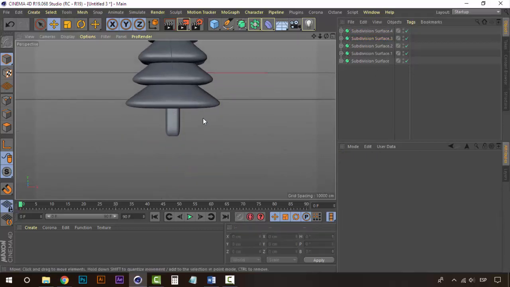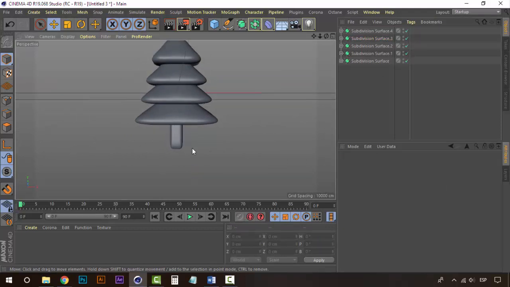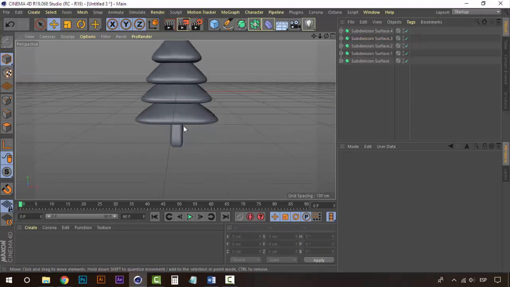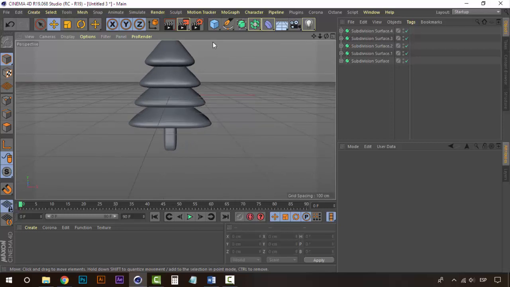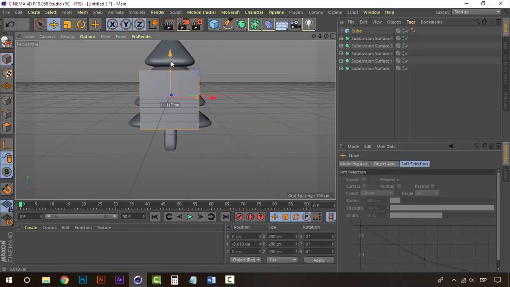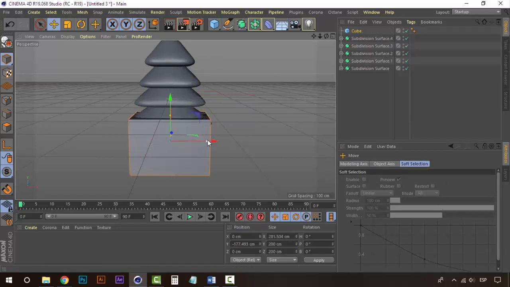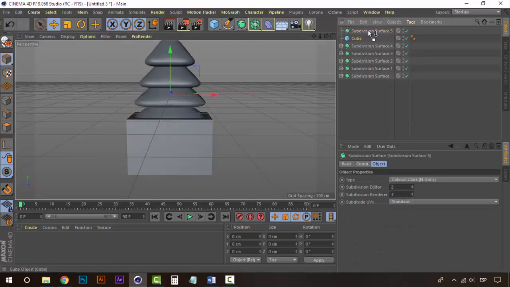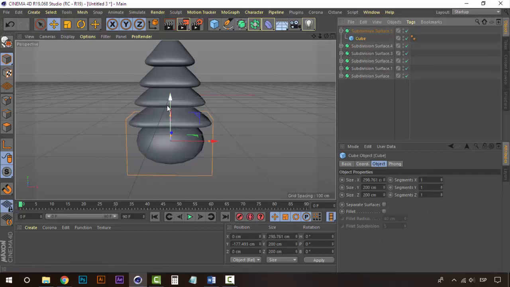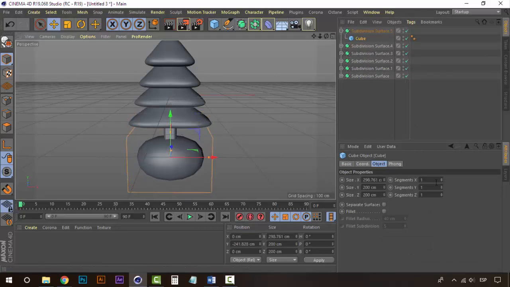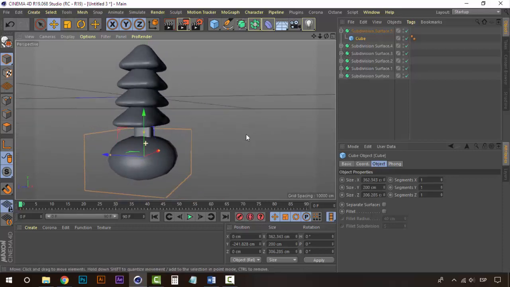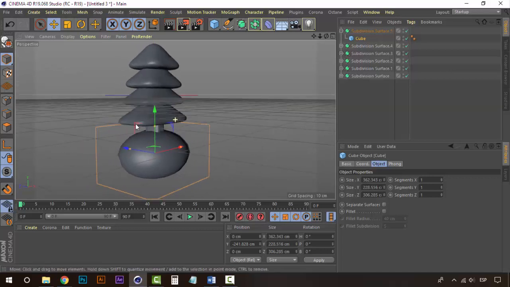And finally, we're going to create the ground where the snow for the tree. And for that, I'm going to create another cube. Let's make it around this size, around the size of the last part of the tree. And take your subdivision surface, place the cube in there, like this, and maybe add some more size in here until you have like a round kind of sphere,